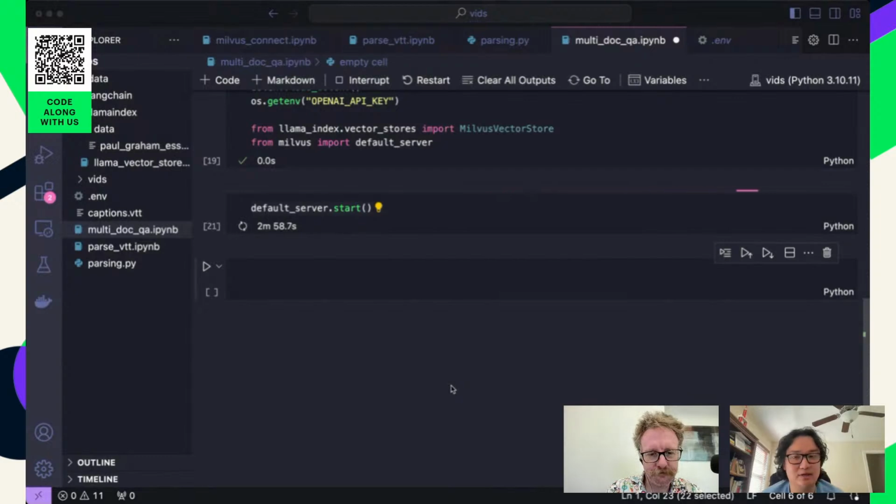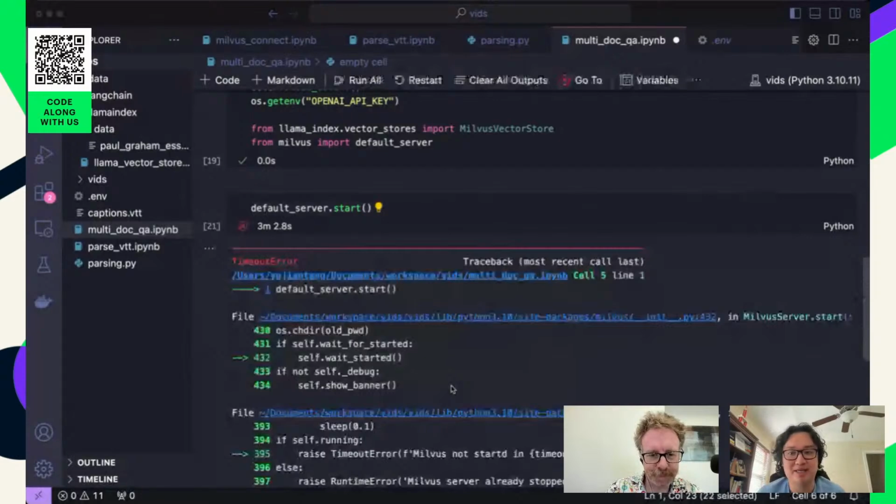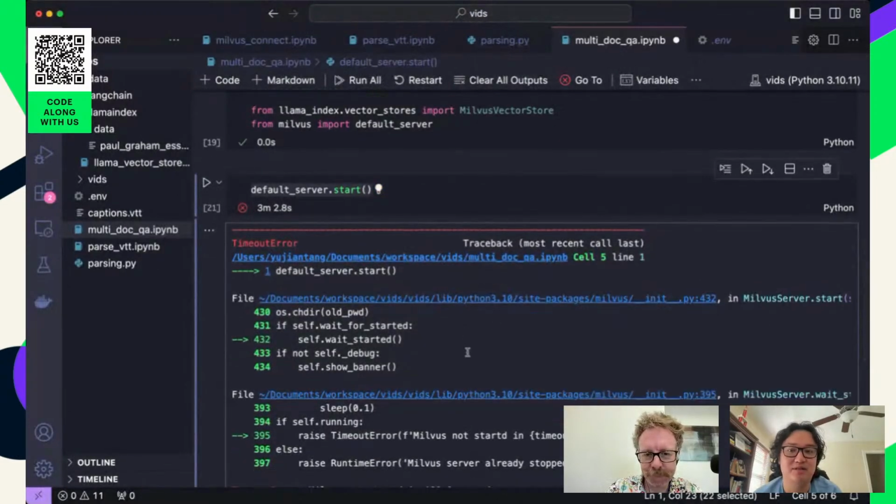So Pinecone is a single instance. It's like MySQL. If you think about MySQL,